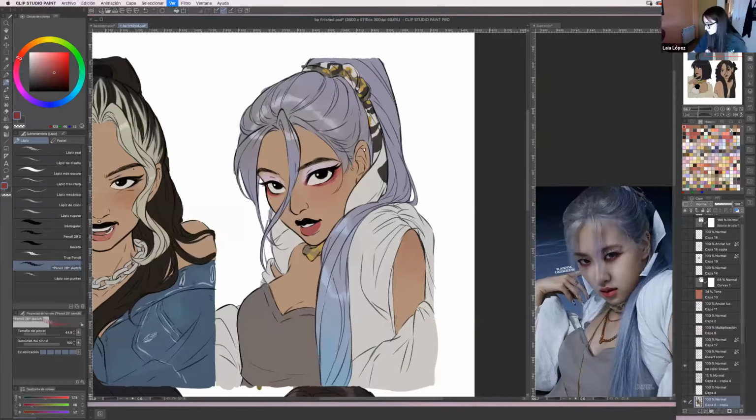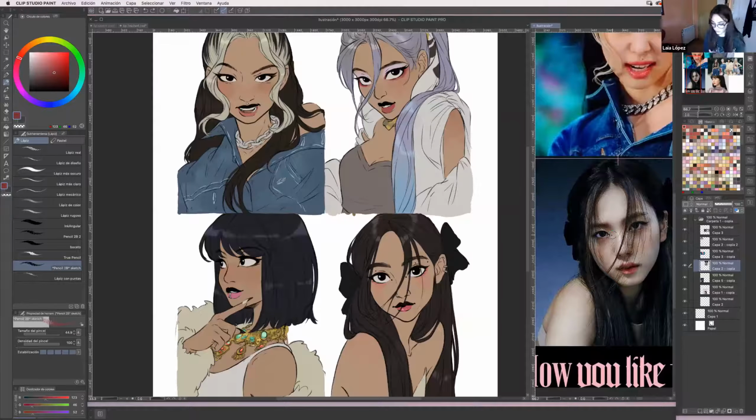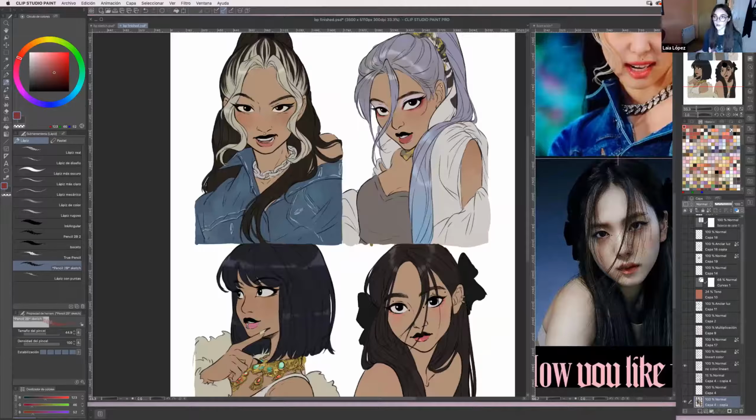She had really soft pink eyeshadow, like, I don't know exactly, because her hair is in the way. So I just kind of figured out what looked better. And same for Lisa. Lisa and Jenny have the same underline under her eyes.